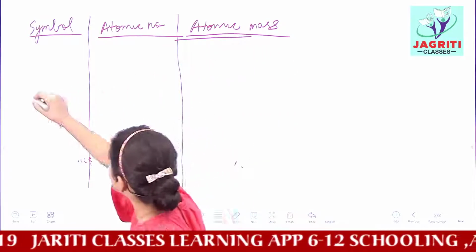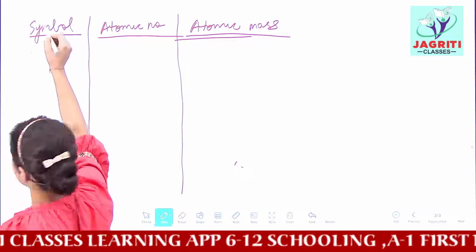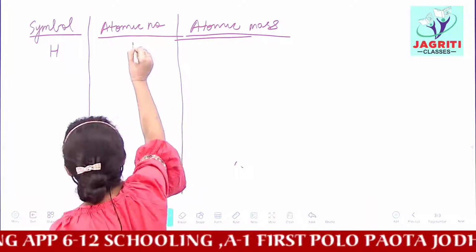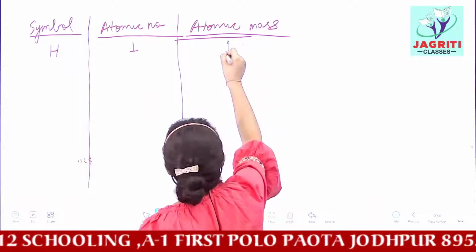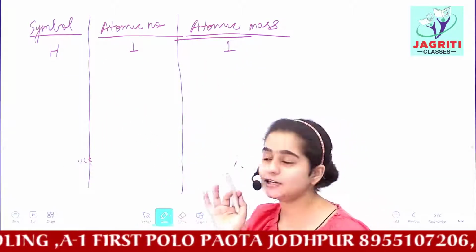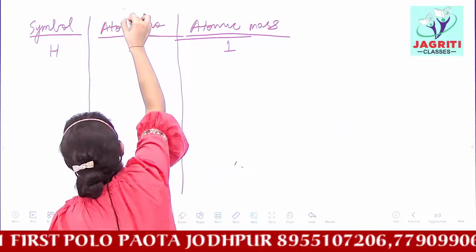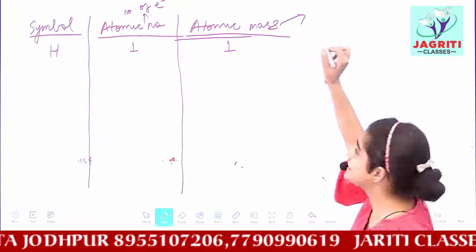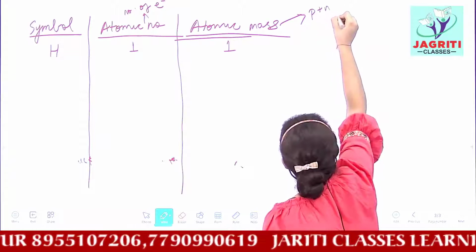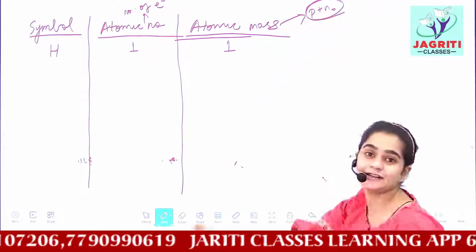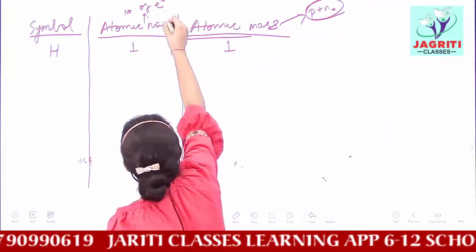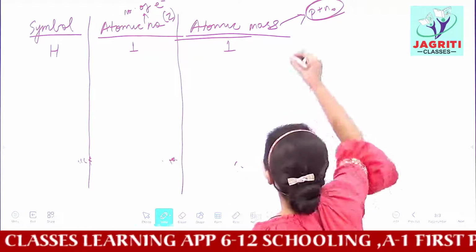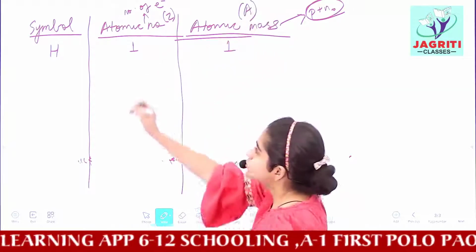Okay? So the first element which we have here is hydrogen, and the symbol for hydrogen is capital H. The atomic number of hydrogen is 1, and its mass is also 1. I have already told you in the previous lectures that atomic number means the number of electrons present in any atom. And what does atomic mass mean? It is the sum of the number of protons and neutrons present inside the nucleus of an atom. Atomic number is represented by capital Z, whereas atomic mass, which is also called mass number, is represented by capital A. So this is what we have to study.